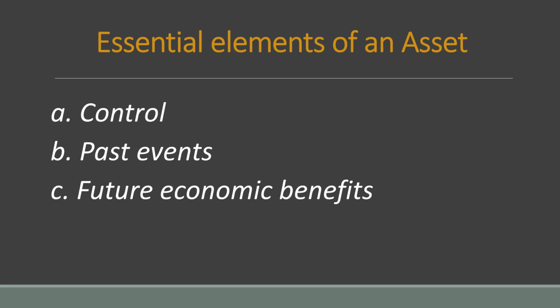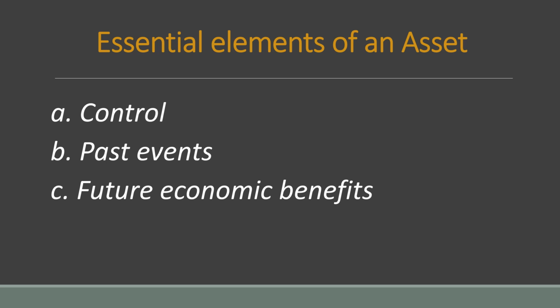So, kailan ba natin masasabing may control si entity? Siyempre, if they own the item or thing or the resources, they have the present ability to prevent other parties from directing the use of that resources and from obtaining whatever is the economic benefits that may flow from that resources. So, dapat the entity have full rights and